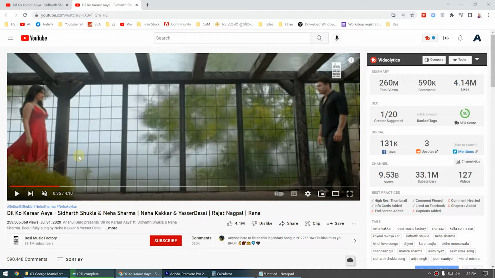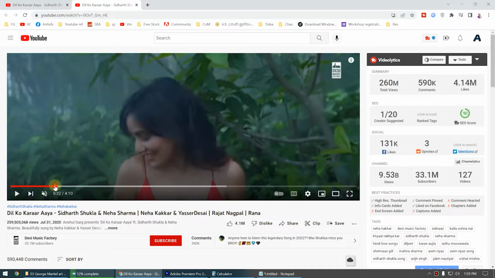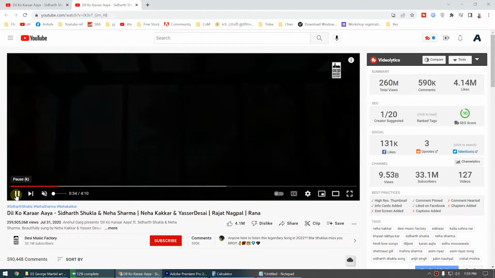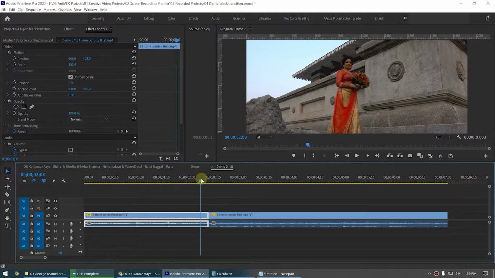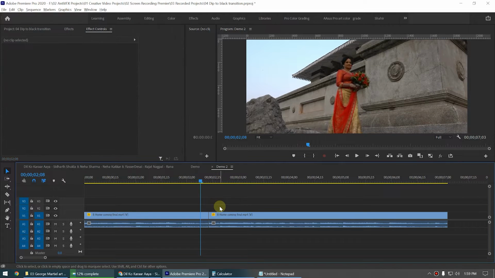You may have seen this kind of fade in and fade out transitions in many music videos. Let me show you how to do it correctly, right? So you need to get this kind of very smooth look for your video. So the easy method, the cheating method, is you can apply the dip to black default transition from Adobe